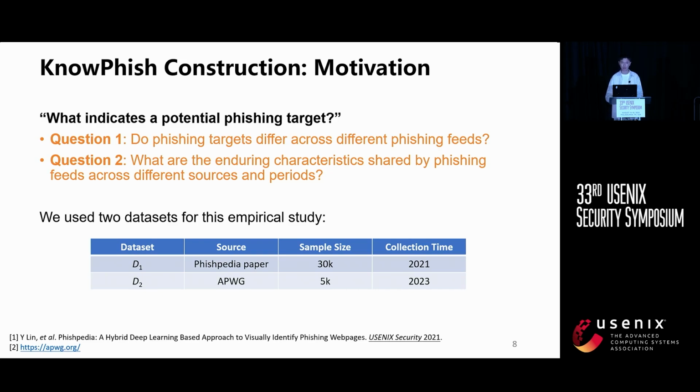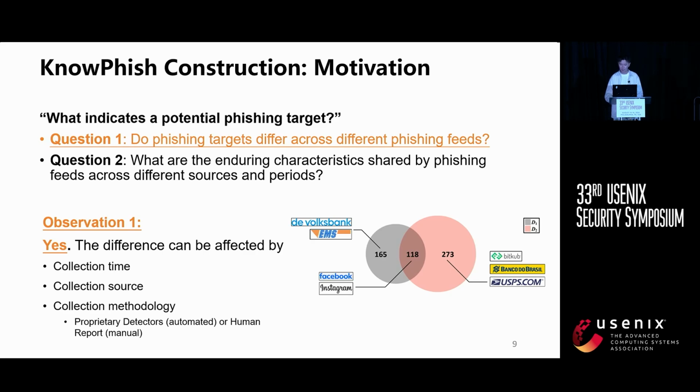So that leads to a question: what indicates a potential phishing target? We conducted empirical analysis using two datasets from different sources and periods to answer this question. In our first observation, we find that the phishing targets change significantly across different datasets. This aligns with the findings from previous research